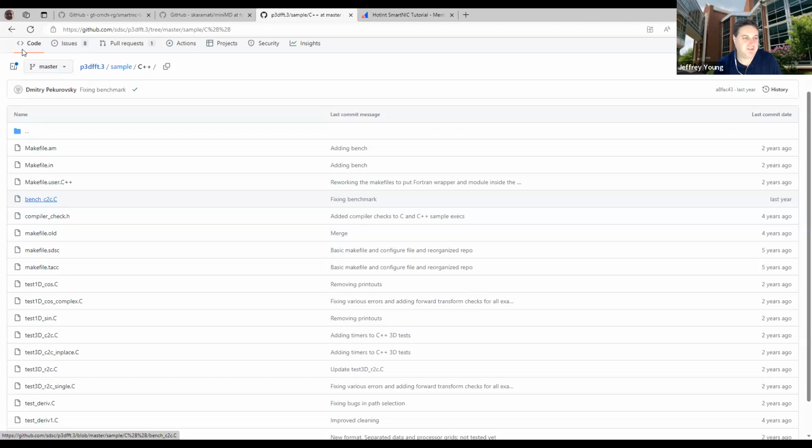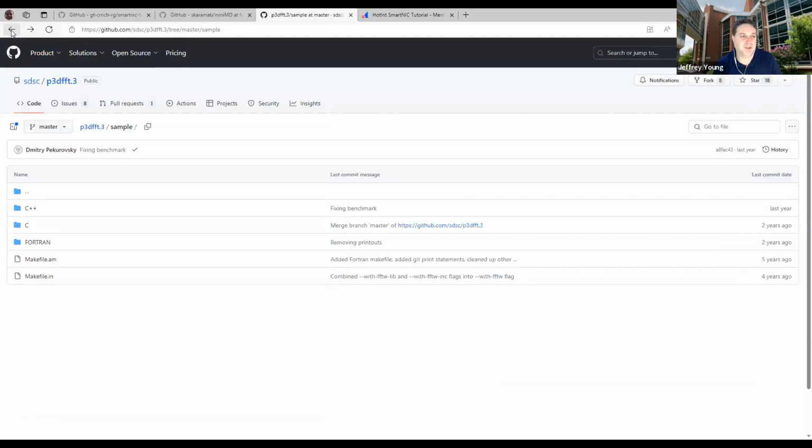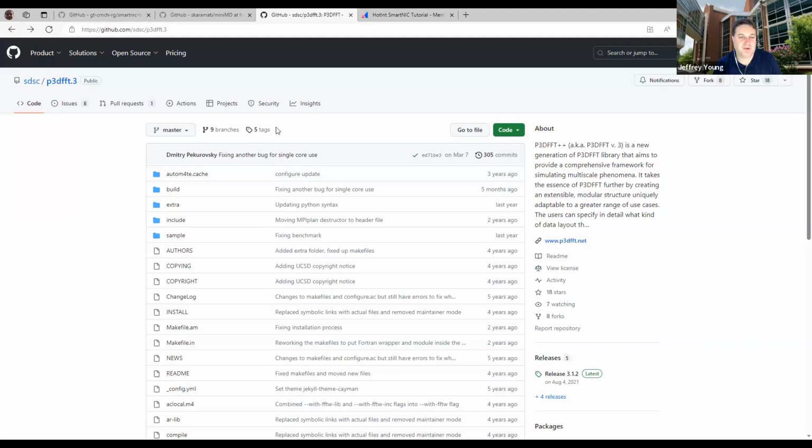In a lot of these examples, you specify a certain grid that you want to run your 3D FFT algorithm on. This one picks some parameters for you, so it's like the hello world of the P3D FFT benchmarking world. But one thing to note, if you want to pick this up and test it out, and we'll share a few scripts to help do this,